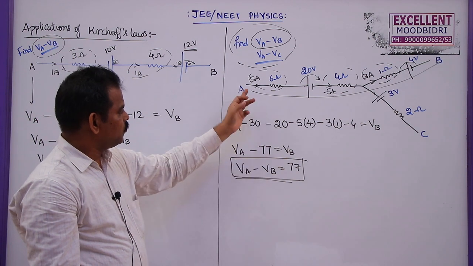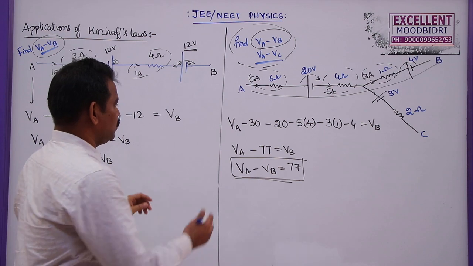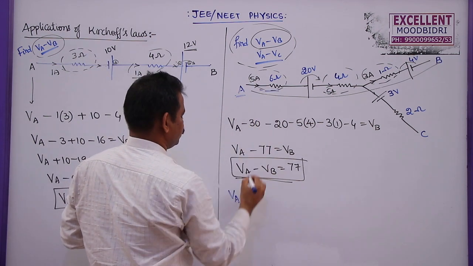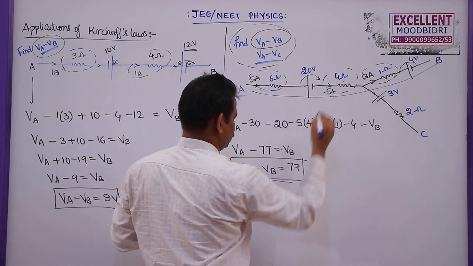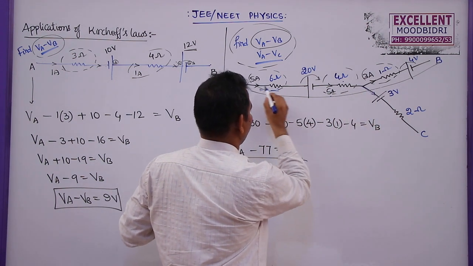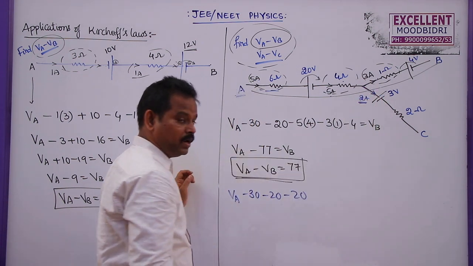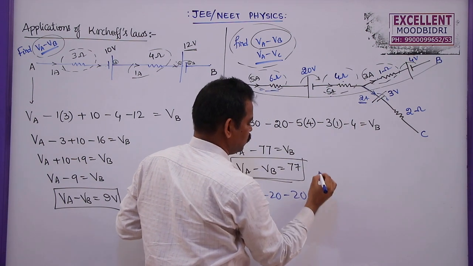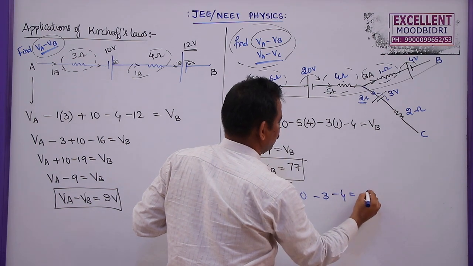So by using this, you can find out the potential difference between A and C. Once again, the same concept. First you take the potential at this point as VA, and this will be same, minus 30, this is minus 20, this is minus 20. Here as the current is going here, out of 5 amperes 3 amperes going there, so the current through this branch we have to find out as 2 amperes, but 2 amperes current is coming to negative terminal, so once again it will lose 3 volts here, so 2 2s are minus 4, which is equal to VC.